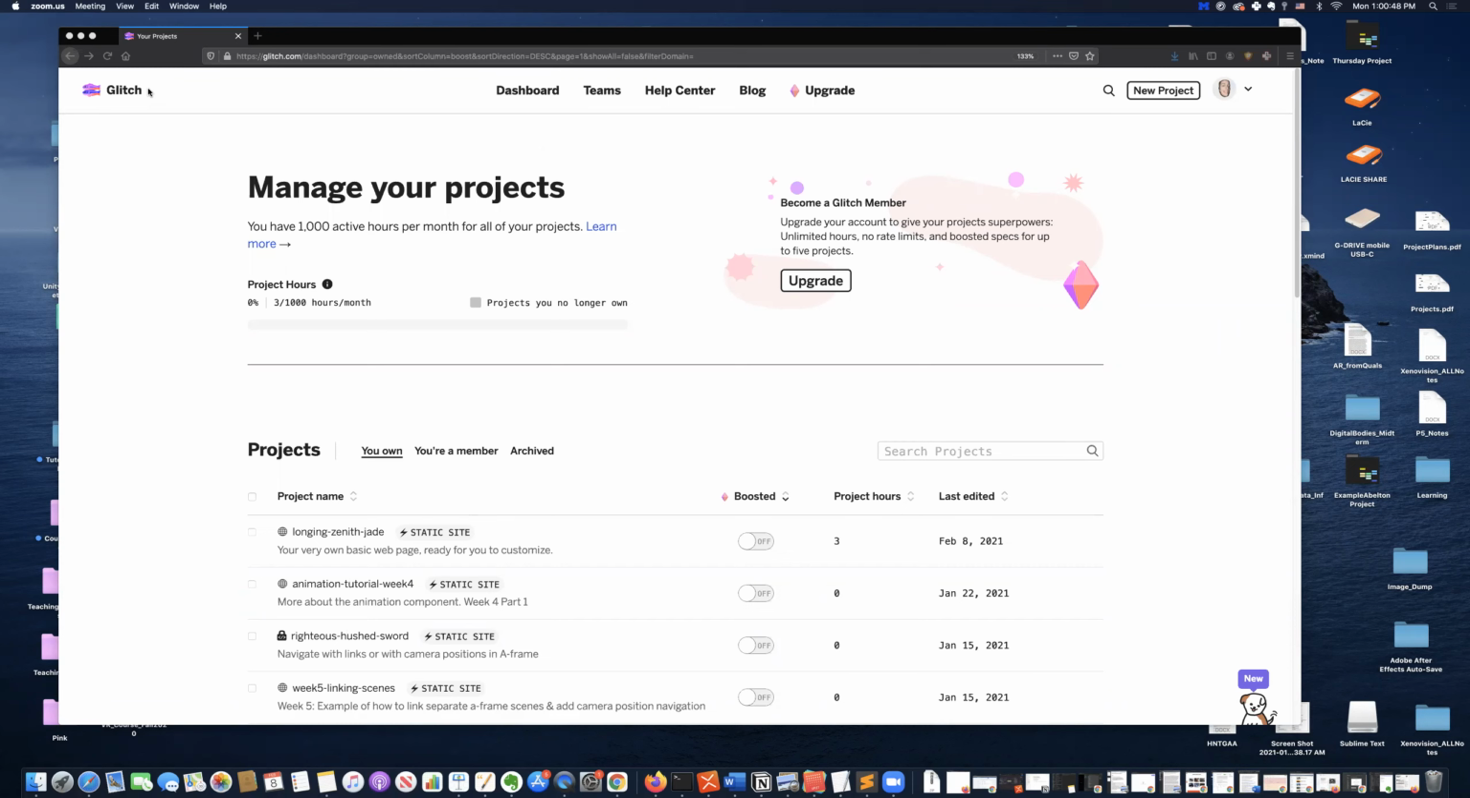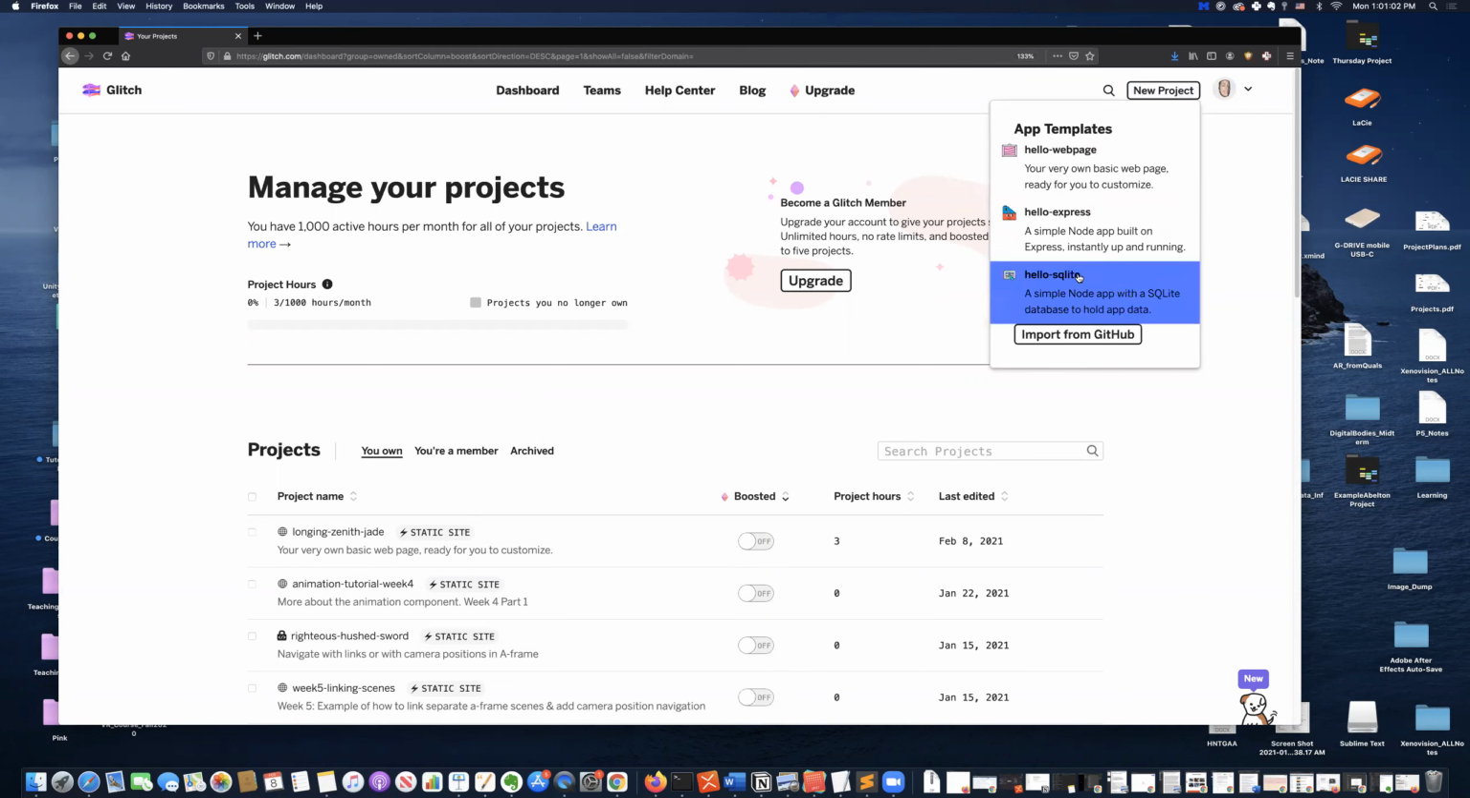So sign into Glitch, and in your account you should land on your dashboard, and then up at the right hand corner there is a button that says New Project. Click on that, and it gives us 3 templates to work with, and we're going to work with the basic web page, hello web page. So click on that,